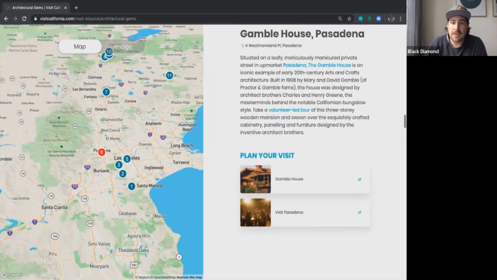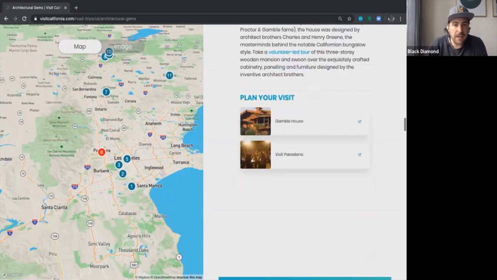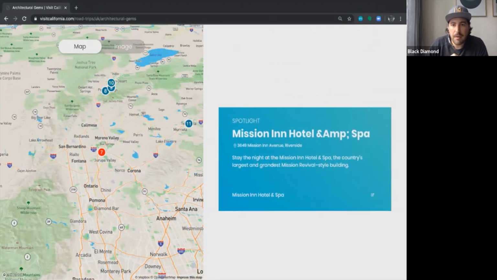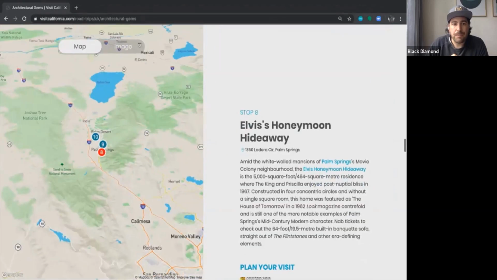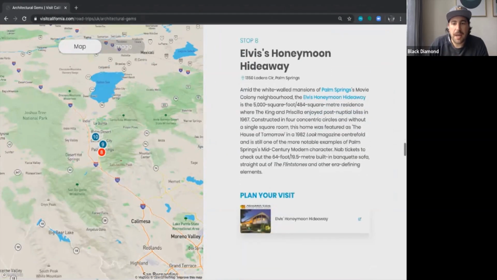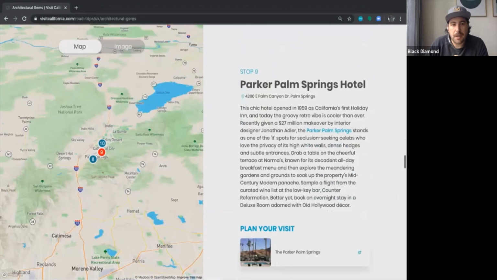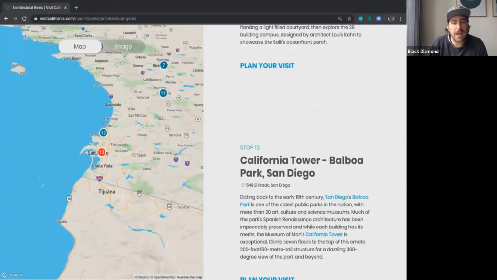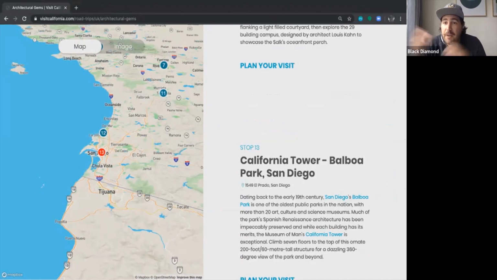So this one takes you through Pasadena. You know, this is kind of LA centric, and then where have we popped down to? San Bernardino area. And we're going to talk about, again, Palm Springs, and then we're going to make our way all the way down. But again, there's plenty of stuff. I like how the map moves as well as you go. But if anyone's got any questions, start shouting them out at me now.